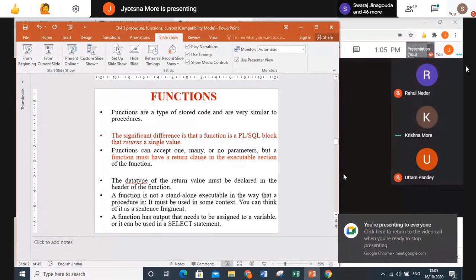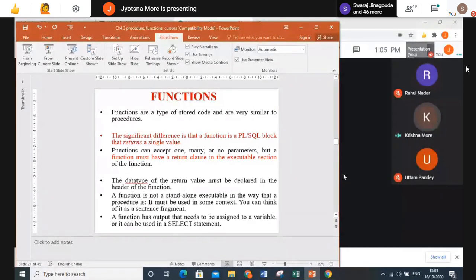Yes, I asked whether we can use dbms_output.put_line in a trigger. Yes, you can use it if you just want to print the value. But a trigger already has its own syntax, right? We have used it in a trigger to display the message.